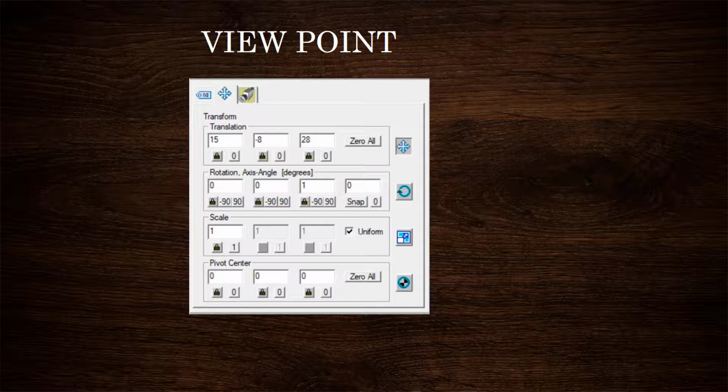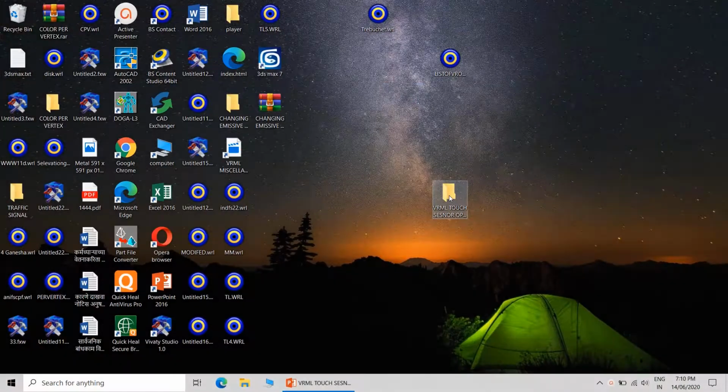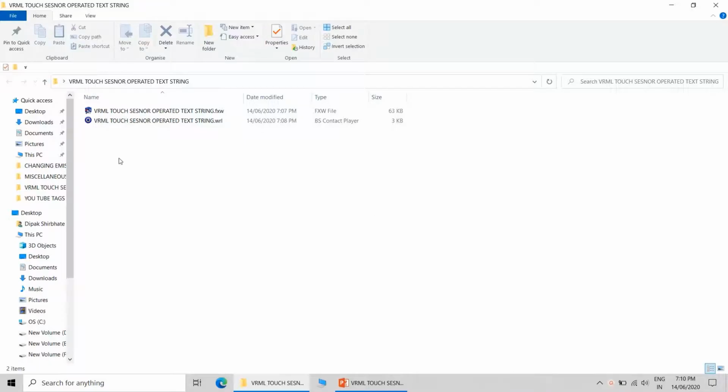And then there will be additional routes required from script 1 to the collector script, and from the collector script to the text node. These routes will be required. Now we will see the output.